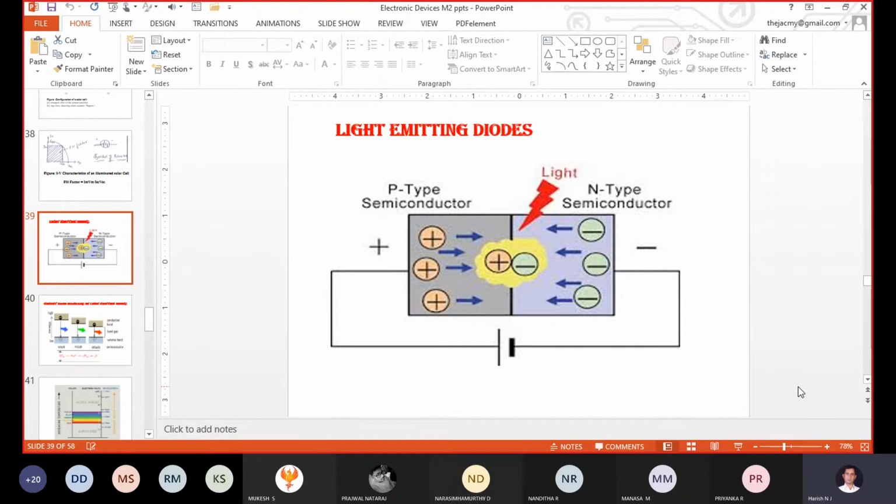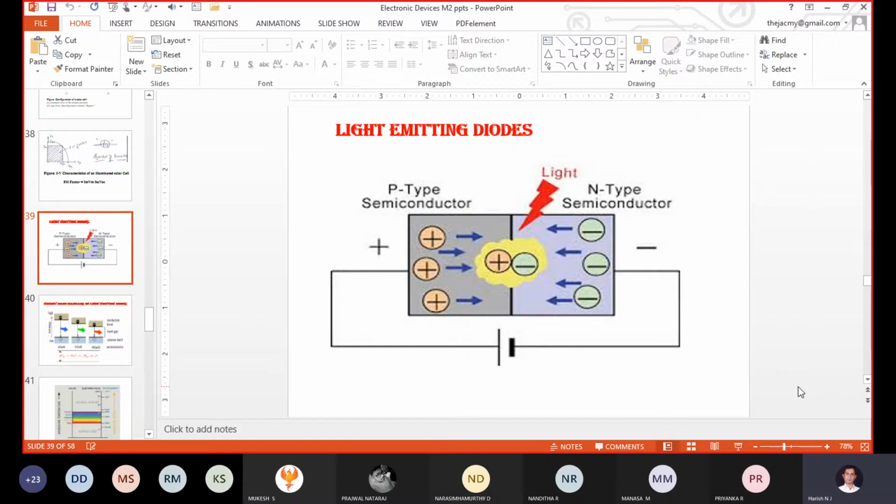Here I need not explain much about the definition of a PN junction diode, and the reverse and forward conditions of a PN junction diode, in which condition you call it forward bias and in which condition you call it reverse bias. I think at this moment I need not explain these things, because we have discussed them many times in the classes.